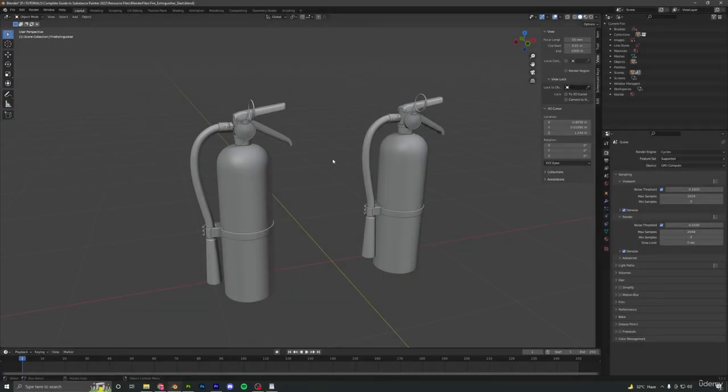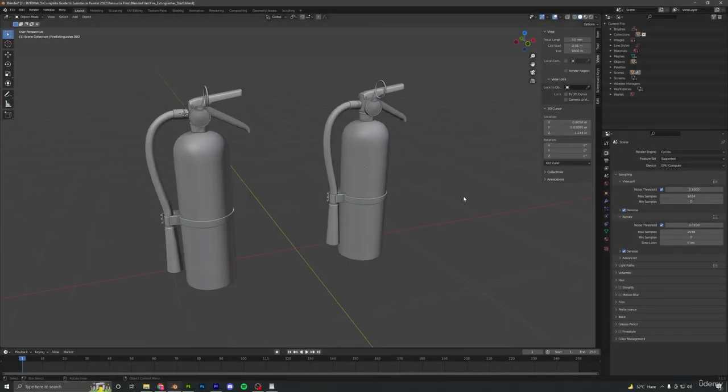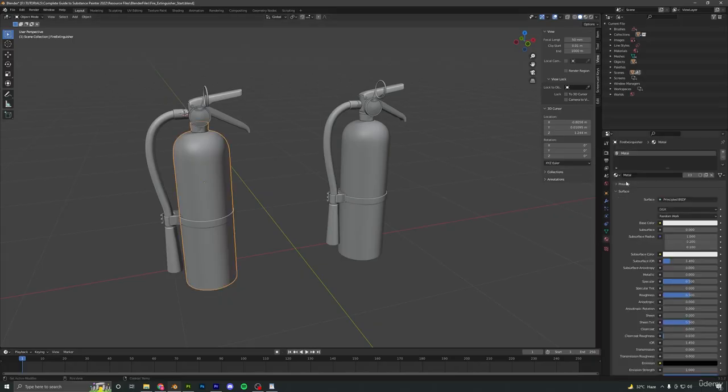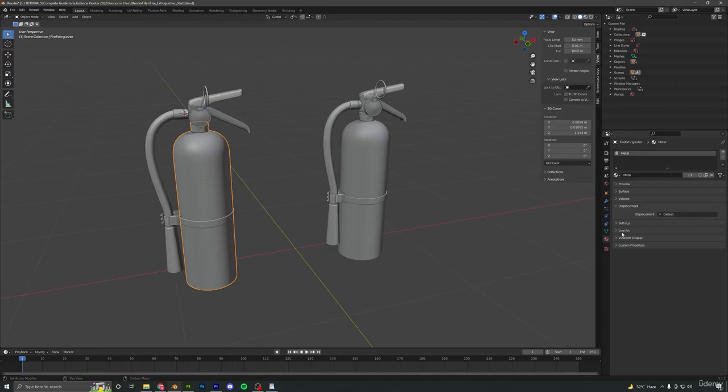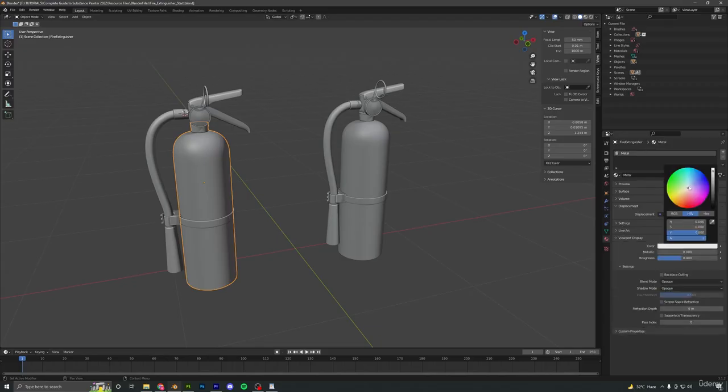I will move back to Blender. So here I have quickly duplicated the old fire extinguisher to create a new one. The difference between both of them is one of them is the older one only with two different materials or texture sets, namely the metal and the rubber and plastic one. And this other fire extinguisher only has a single material or texture set, that is fire extinguisher, applied to all of its objects. So let me just help you quickly visualize this. If I go over here in the viewport display and change the color of it,